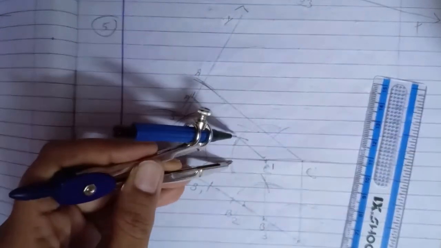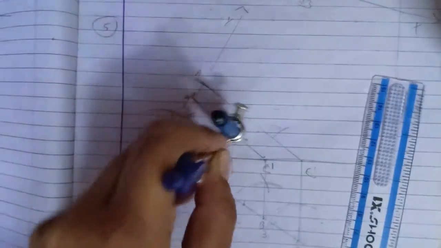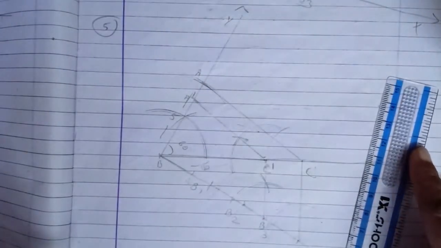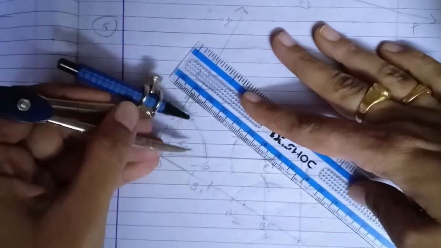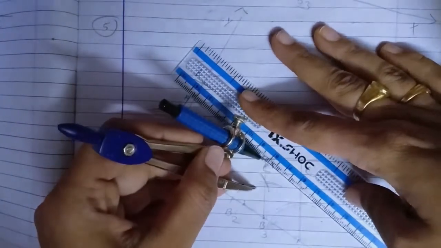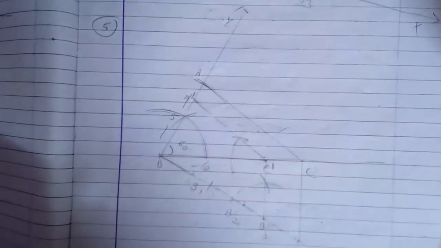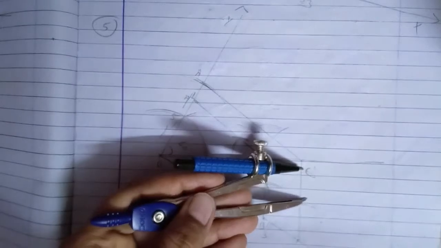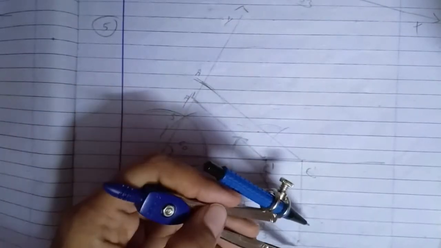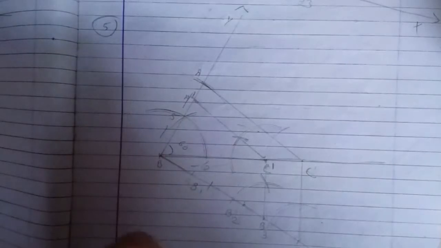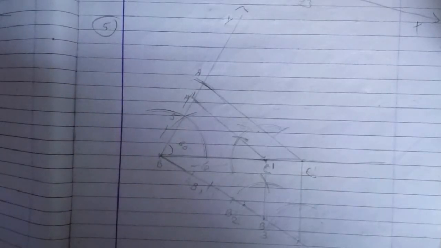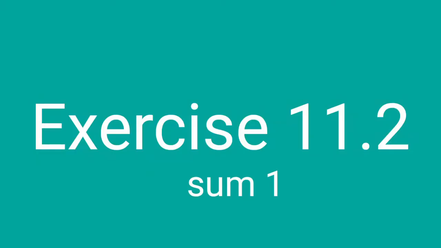Same way, we have to draw the center at the arc. Draw an arc here. Now we have to join C dash A dash, which is parallel to AC. A dash C dash is parallel to AC and B3 C dash is parallel to B4 C. Then triangle A dash B C dash is the required triangle similar to triangle ABC and its sides are 3/4 of the corresponding sides of ABC. Our construction number 5 is over.